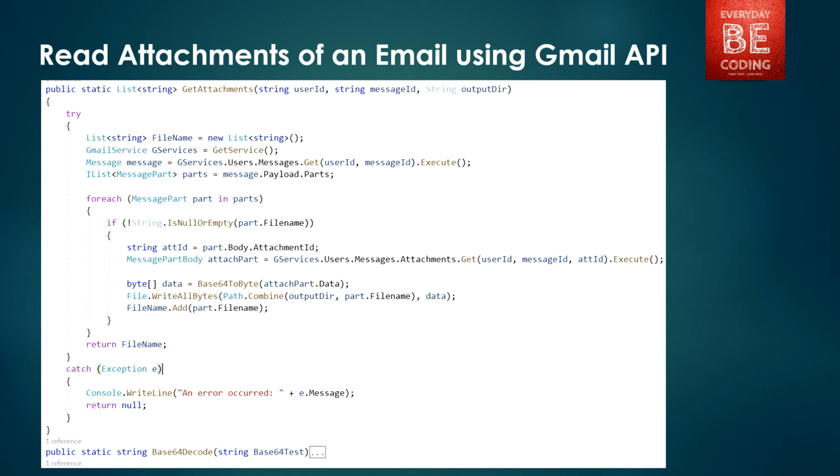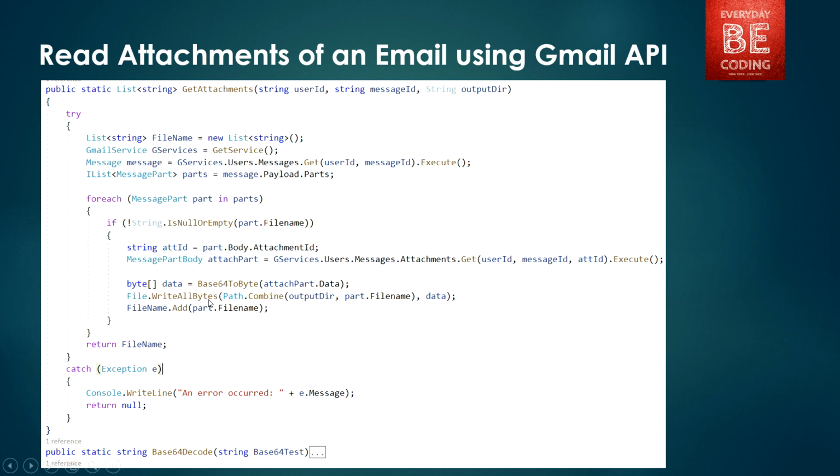We are converting those from base 64 to byte because the attachments come in base 64 format. To convert those things into a file, we require the base 64 to bytes method, and this method is used for converting those files from base 64 pattern to bytes pattern.